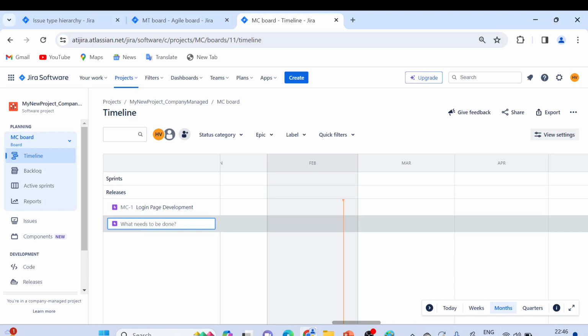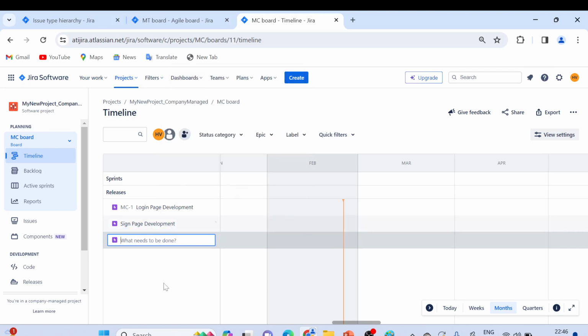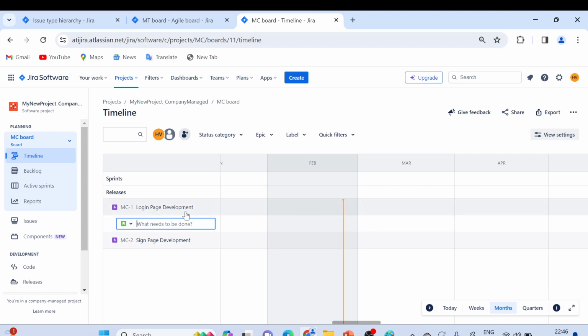Or we can create a separate epic as well, like let's say sign up page development, press enter. So this is how you can also create the epic from here. And using this plus icon, we can create what user stories are there inside this particular login page development, right? So in this case, like UI development,